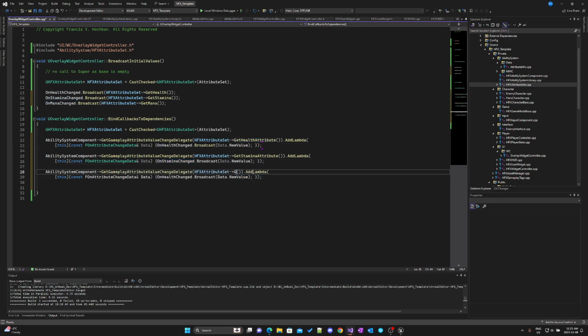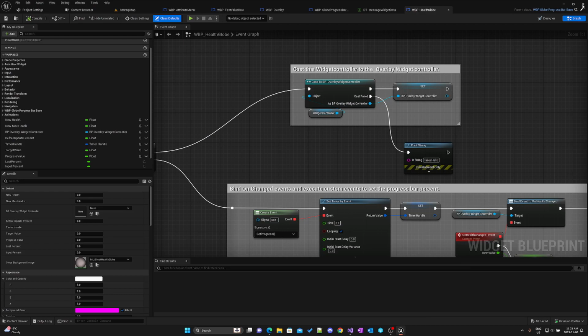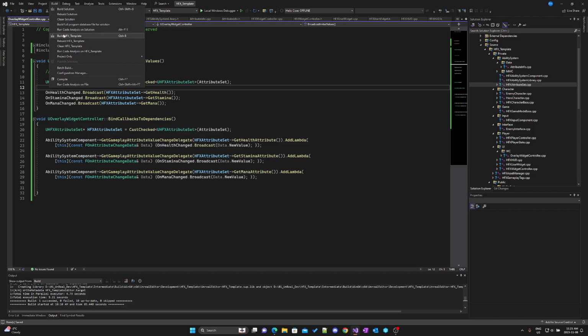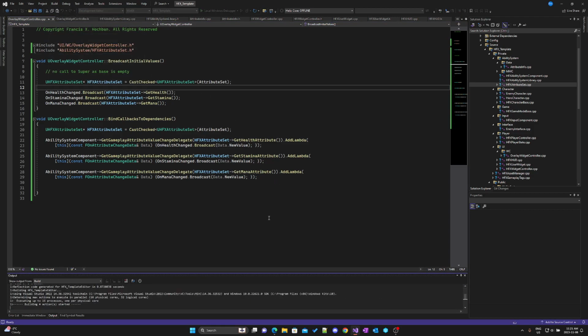In this one, we want to get the mana attribute, and we're going to do the on mana changed broadcast. Okay, so that's those. I've got to close this off. I'm going to save this and we'll build to make sure we don't have any errors,